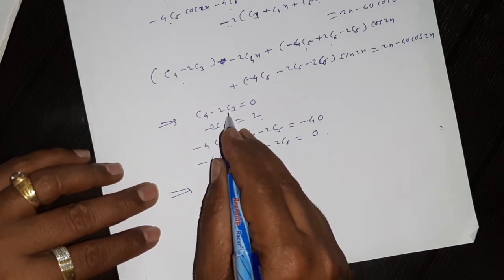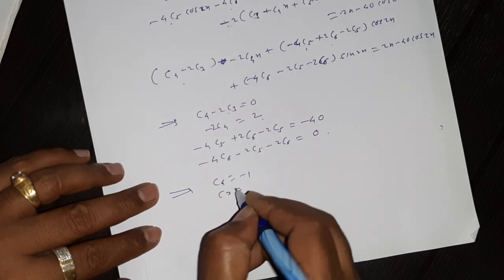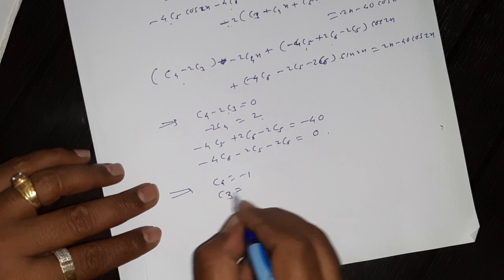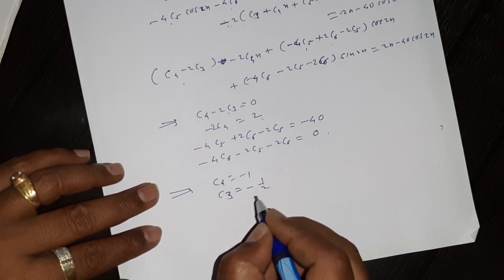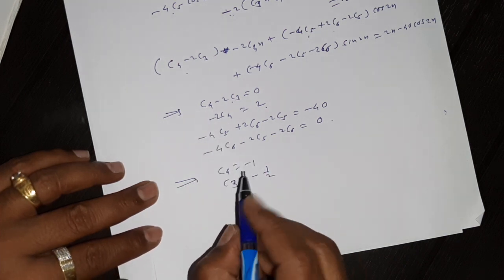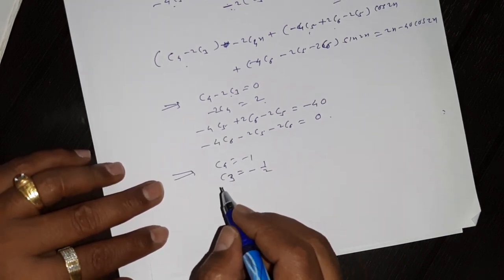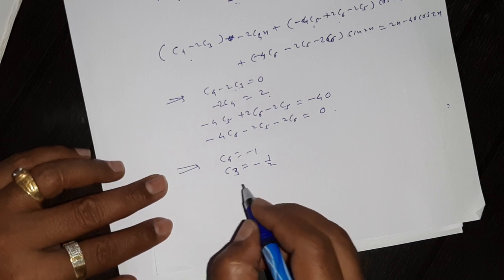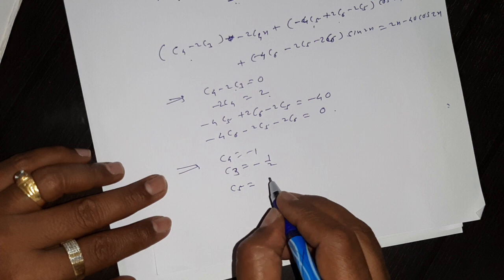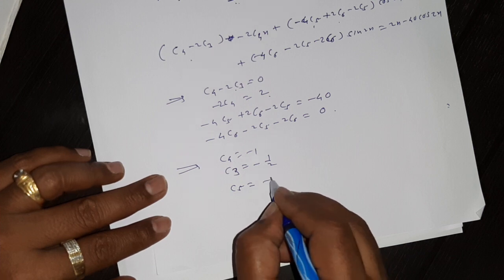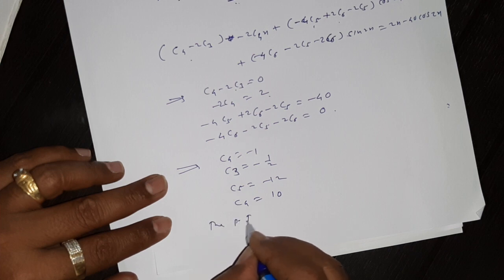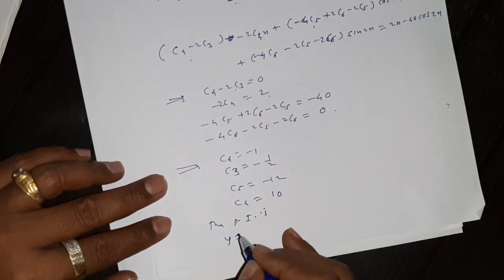The value of c3 from this equation is minus half. c4 is minus 1, and then the value of c5 is minus 12, and the value of c6 is 10, and therefore the particular integral is